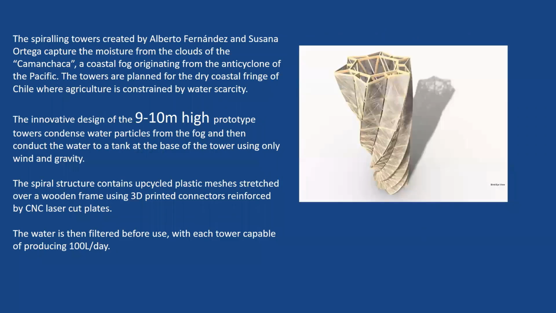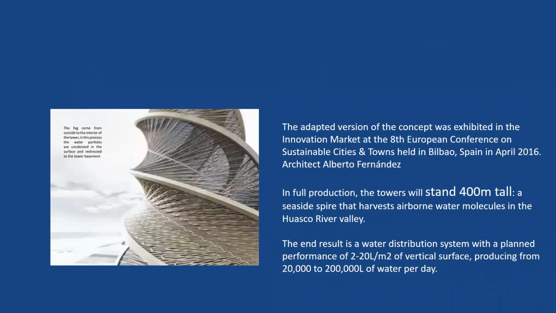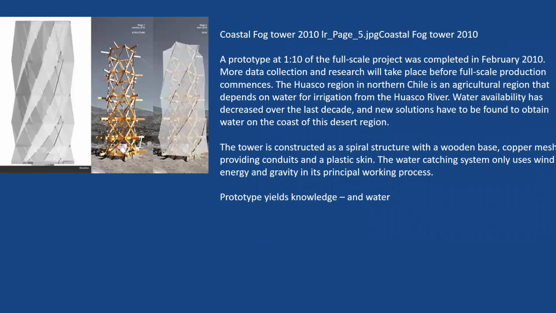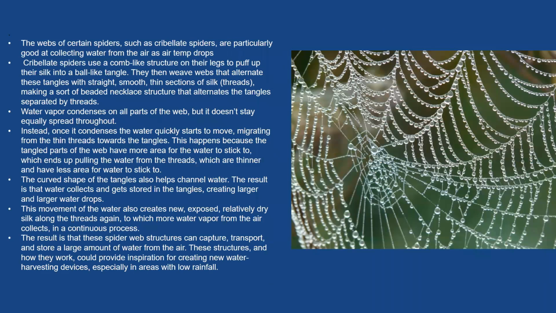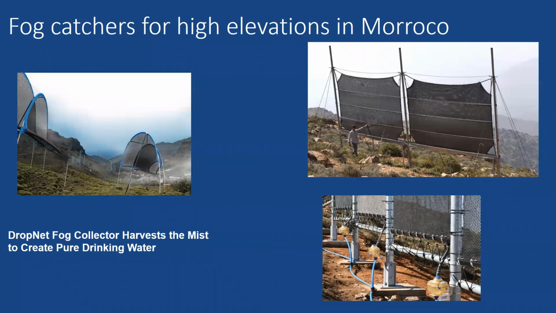This shape has been mimicked with a 9 to 10 meter high prototype, which was also done in Bilbao, Spain. And this is another prototype that's been made from upcycled plastic and wood, which is something really good for pollution or grey water sustainability. And also this is another shape that mimics the shape of a spider web. These threads allow water to move and channel it downwards in different angles. So this is another shape that shows the net